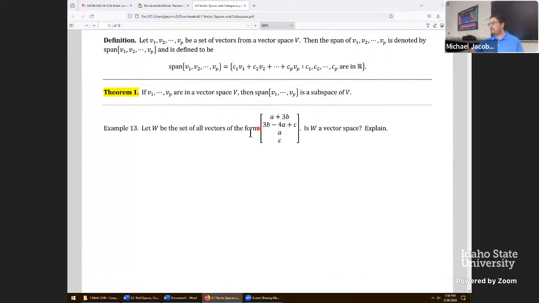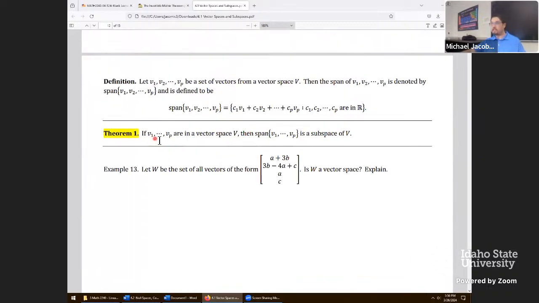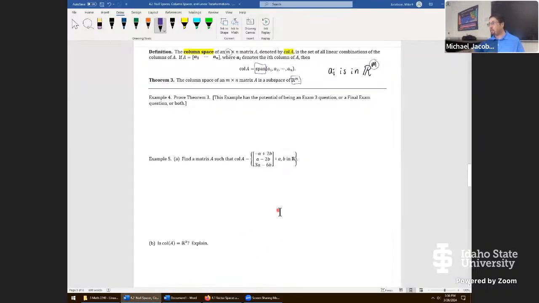And it's this one right here. It says if you take a list of vectors from a vector space, any list of vectors whatsoever, then the span of those vectors is automatically a subspace, no matter what. So theorem one takes over on this, and all we have to do is say, back to the problem,